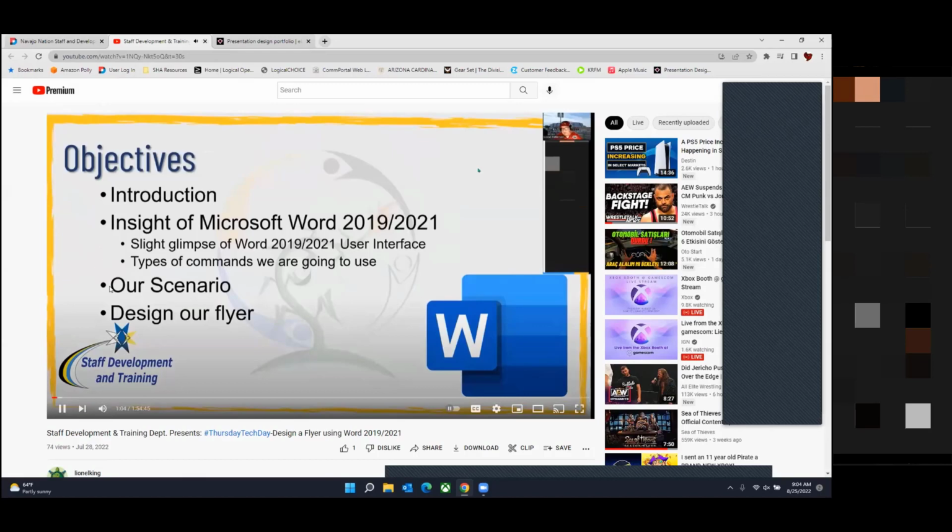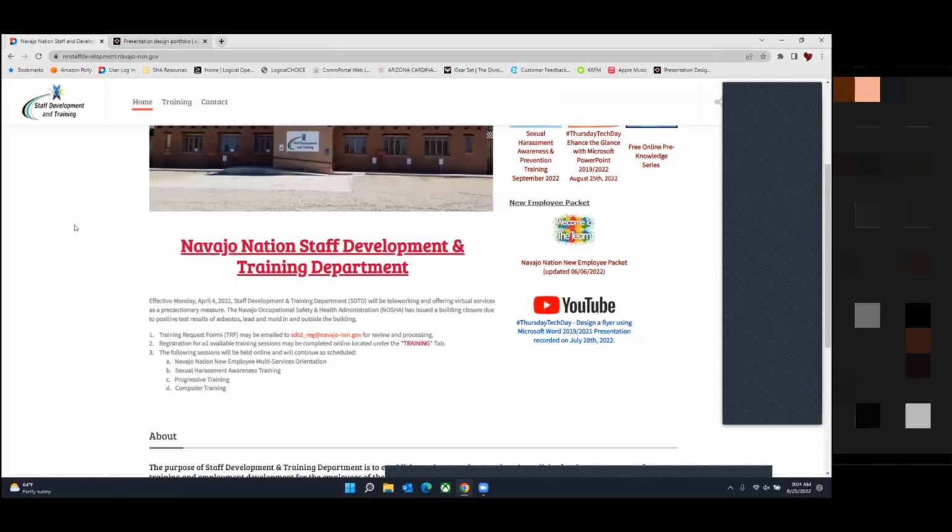Because what I'm hoping to accomplish here with this software is to demonstrate how versatile it can be. Understanding that a lot of us use Word for the necessary approach of typing out reports, documents, memorandums, and anything pertaining to work. Again, with PowerPoint presentations, there's probably quite a few of you that have a PowerPoint presentation, and